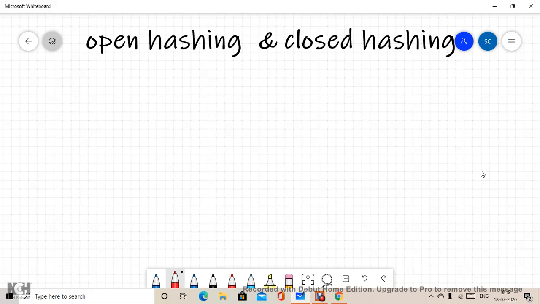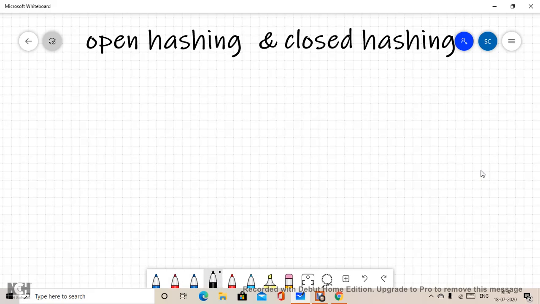Okay, up till now, we have studied hashing, how hashing is applied, how a hash function is used to store the data, and in what situation the value generated by it can result in data collision. So there are two methods to avoid or overcome this collision. First one is known as open hashing and another is closed hashing. So we will be seeing both one by one.